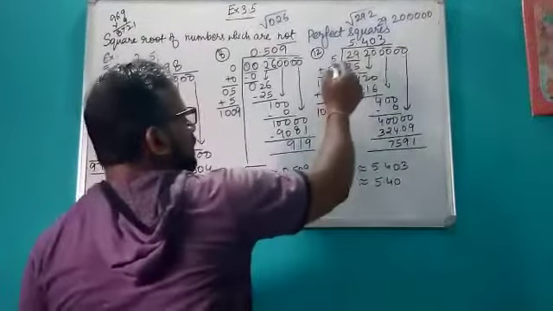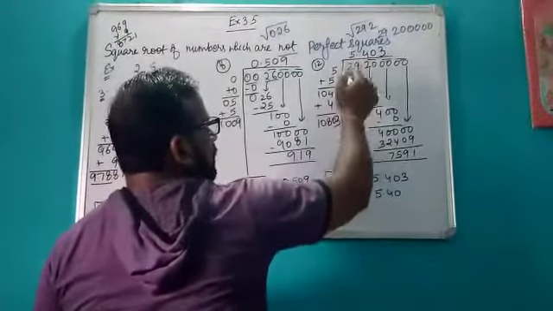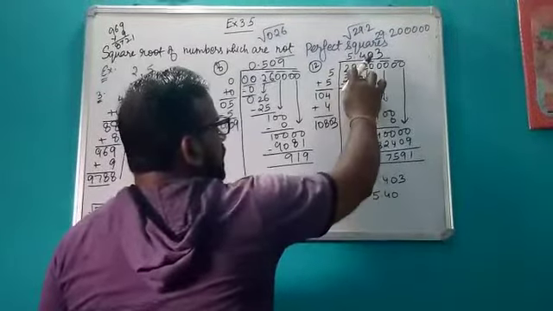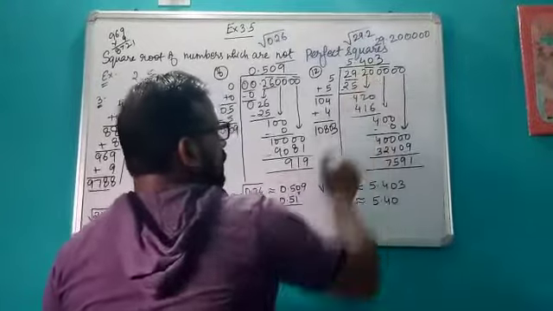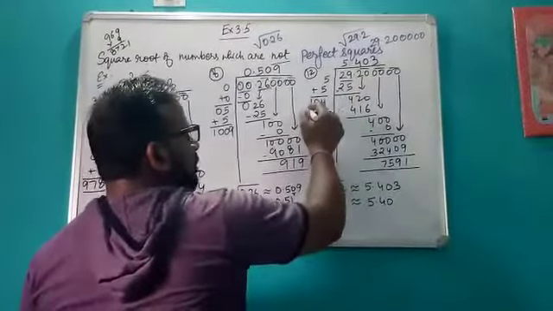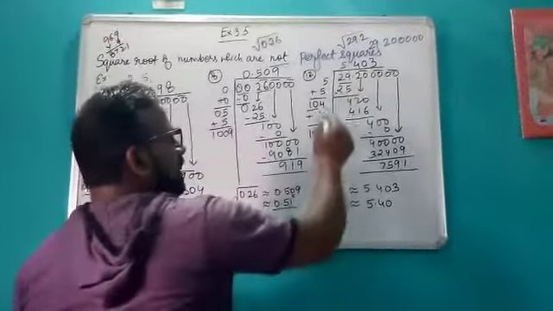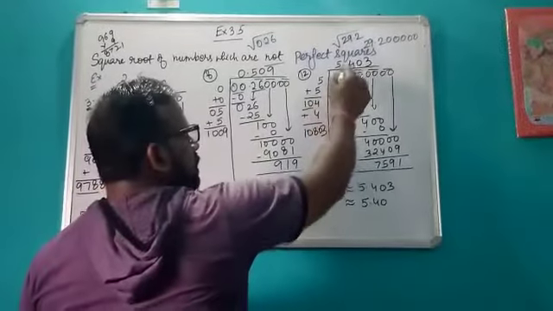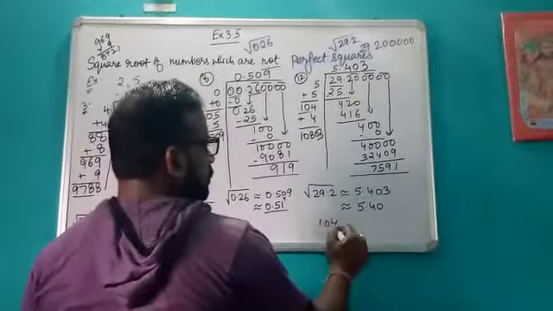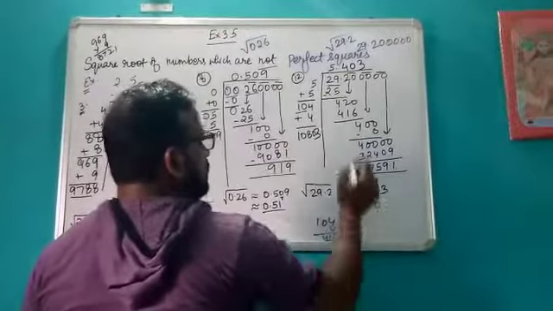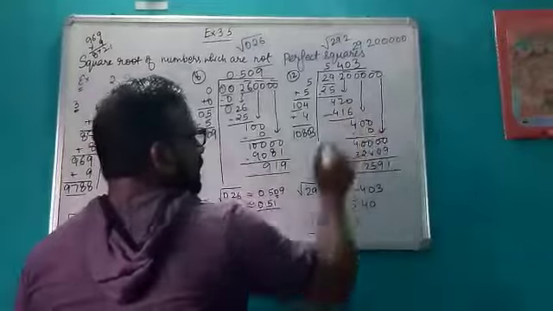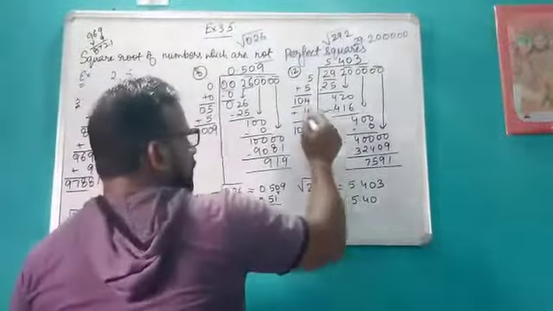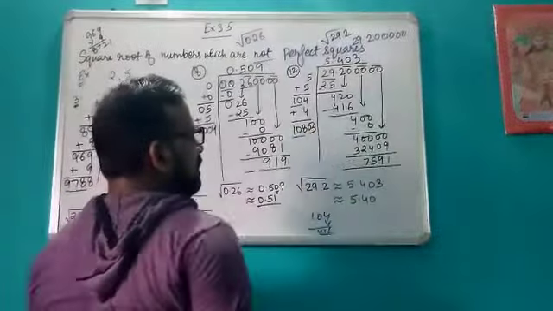So we will find the nearest square of 29, that is 5 into 5 is 25. Then you will subtract, you will get 4. You will bring the pair 20 here. Then it becomes 5 plus 5 is 10. Then you will put here 4. So 104 into 4, you will get 416. Then again you will subtract, you will get 4. And this 4 will come here, you will get 108.